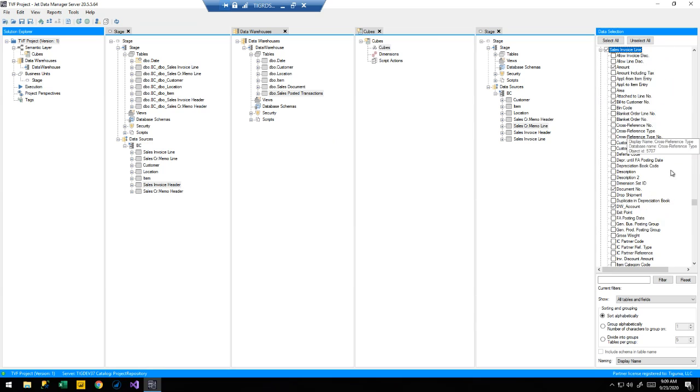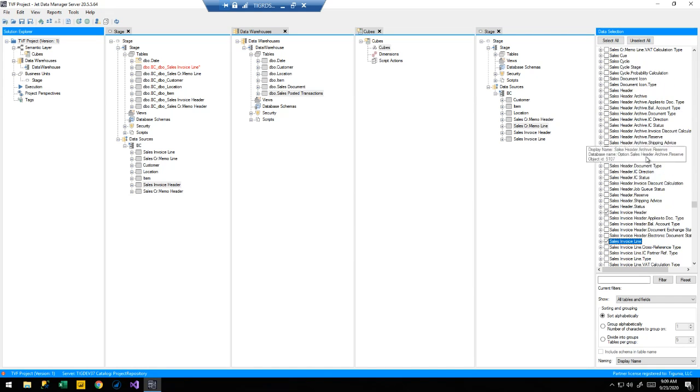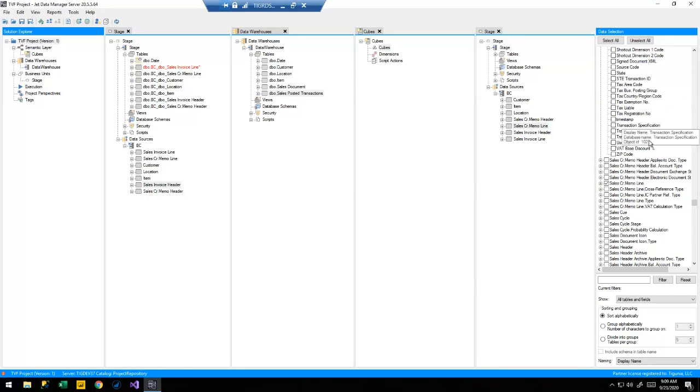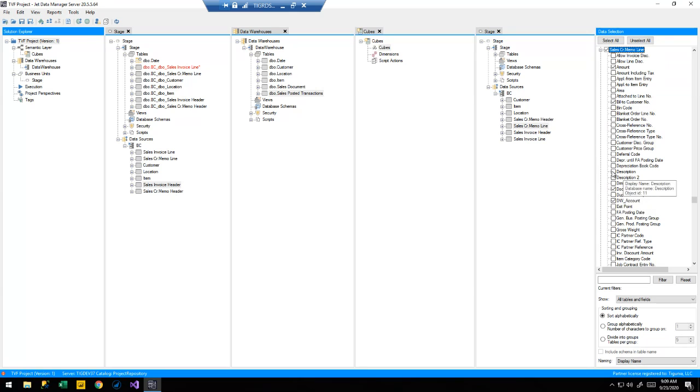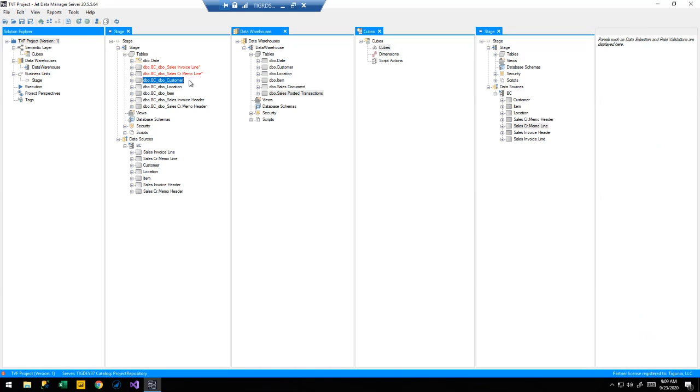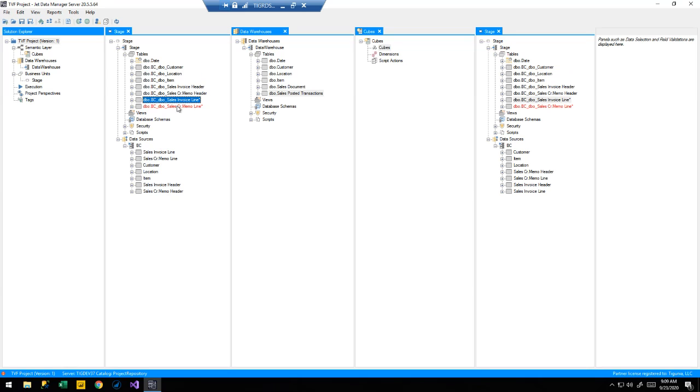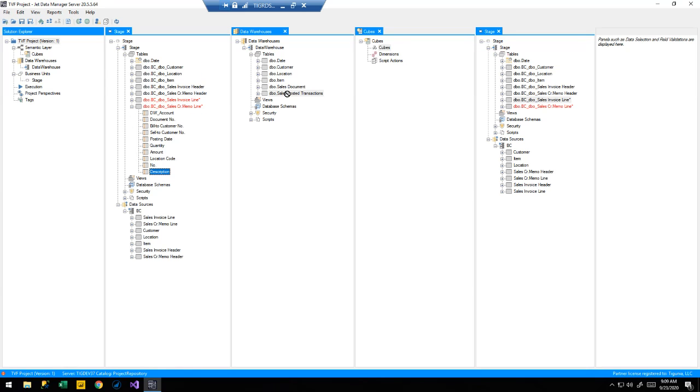Let's see, maybe line. Okay, we'll just use description, for instance. So I'm going to pull in a new field, right? My sales invoice line, and then on my sales credit memo line, I'm going to go up here and find its description as well, right? The data manager has marked these tables as red for me now because I've made changes to them, right? And I can also bring these up into my data warehouse,